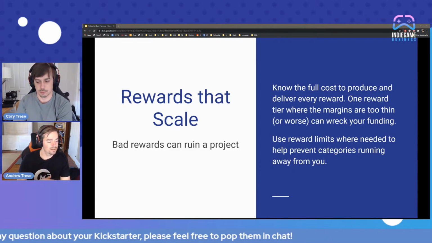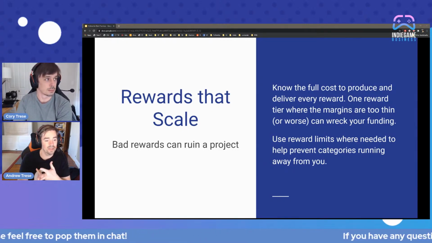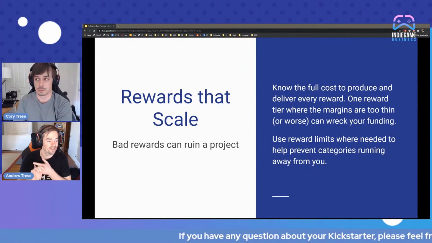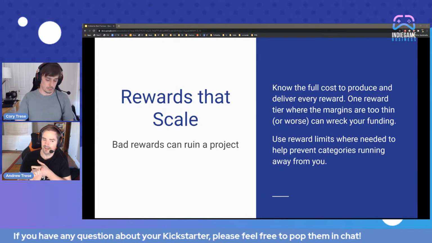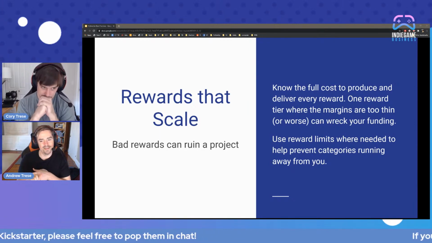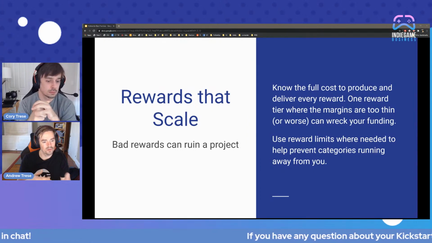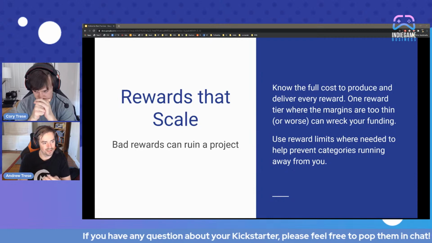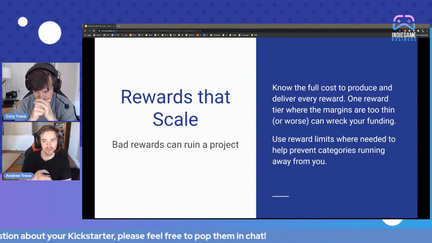When it comes to some of these other rewards, people have art books and their face goes in the game, or they get to make a mission, and you're going to run up into situations where you didn't expect it, but a certain backer wants a lot out of their mission, maybe way more than you ever thought could come out of their mission. So it's important to try to set bounds and communicate with big backers early, or people who have creative rewards. You have to keep them happy, which is very important when you're working in Kickstarter, because you're building a community.